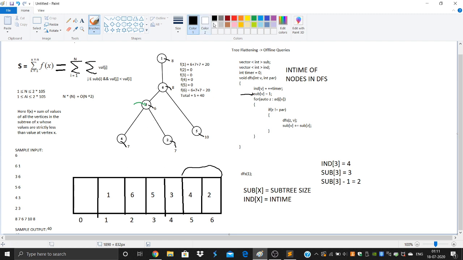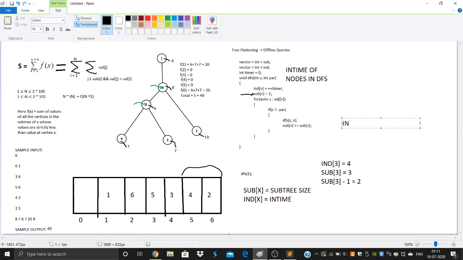Let's look at 6 for now. What is the in time of 6? In time of 6 is 2, right? It was the second visited. We started the DFS at 1, and we visited 6 at t equal to 2. So IND of 6 is equal to 2. And subtree size of 6 is 5.